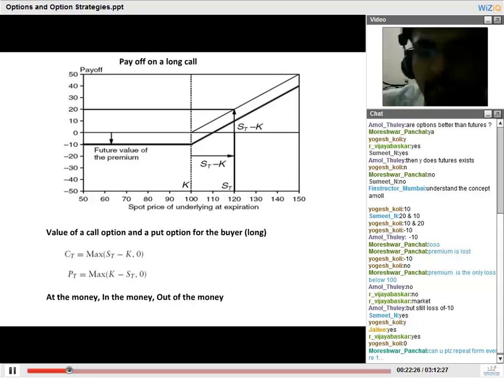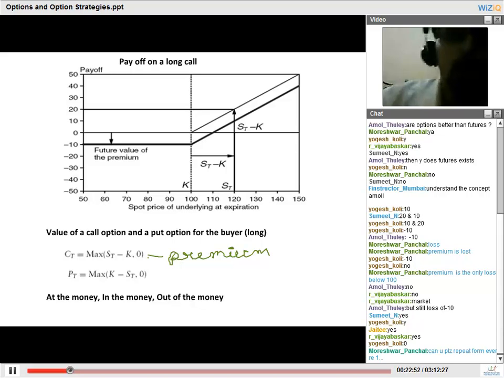So you agree that the incremental value will be the spot price minus the strike price. What will be the total payoff? The total payoff will be the incremental value minus the premium. We will do this many times, guys. We will do this for short call, short put, long call position, so you'll understand this. Long call is an option to buy the stock at a pre-decided price of $100.